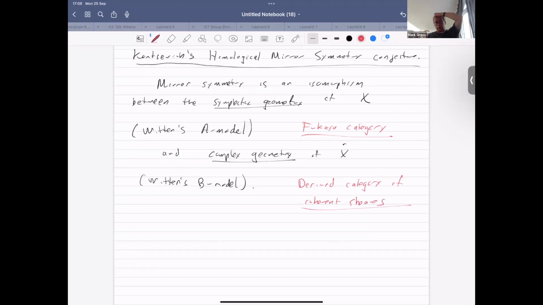So it was actually after Kontsevich announced this conjecture that the language of Dirichlet branes came in. These are essentially categories of Dirichlet branes, if you're a physicist and know what those mean. I don't want to say anything more about this. I mean, this is a very important thread in modern mirror symmetry, but I don't want to go into this in any more detail than that. So this was, at that stage in 1994, very much just a